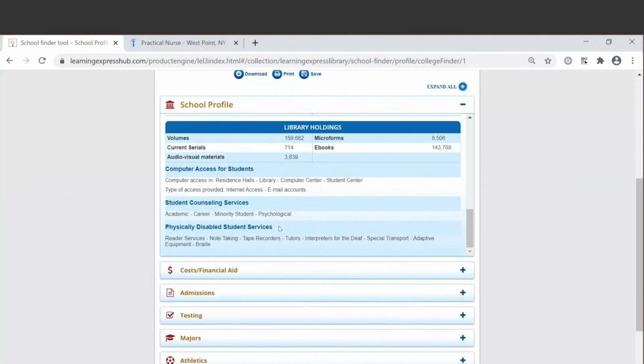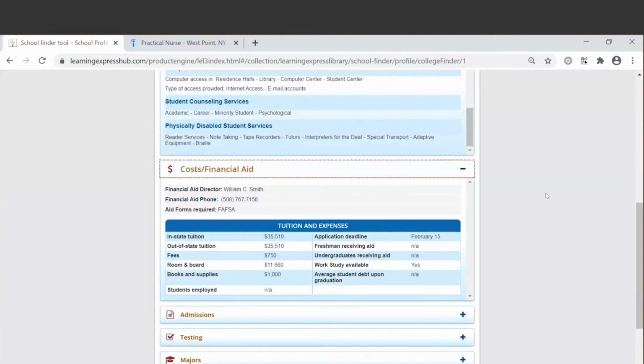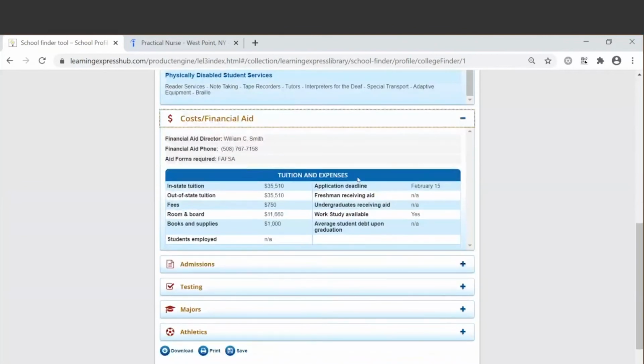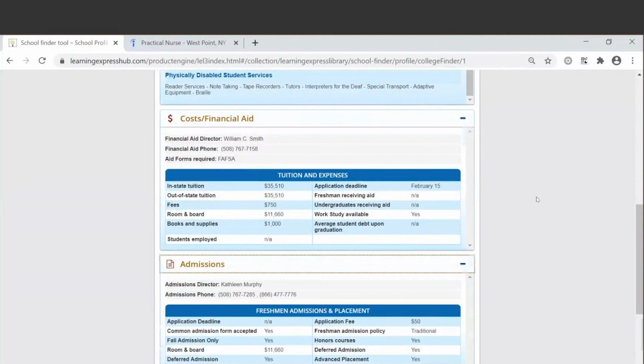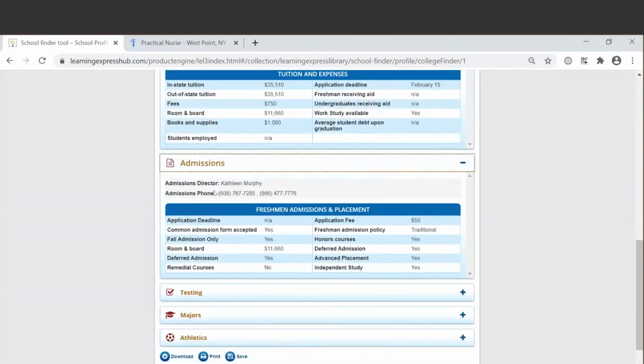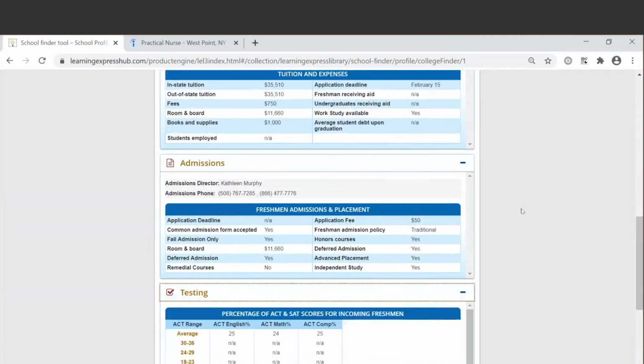So services here, you can see that they have services for disabled students, financial aid. So who to talk to, how much to expect for books and supplies, admissions, again, who to talk to, admission deadlines and fees, testing.